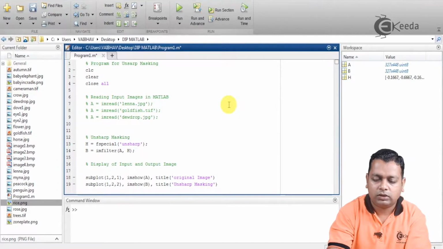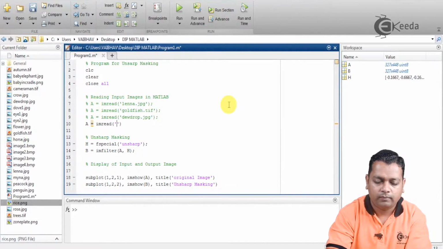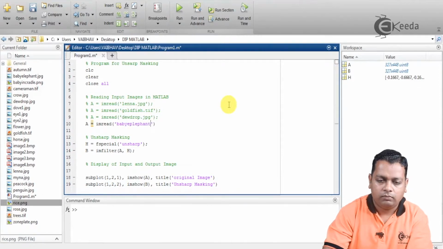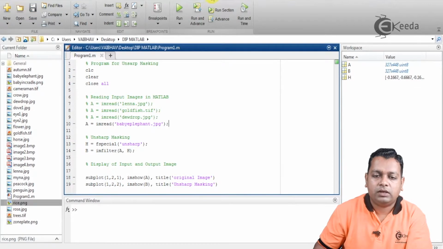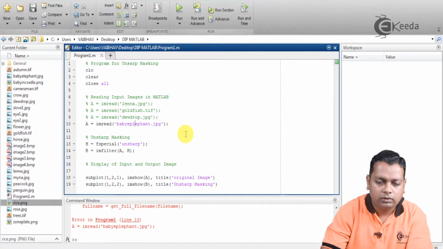Still we can check unsharp masking on one more input image. Let that image be baby elephant.jpg. We save the changes and run this program again. The name I think is different, baby elephant.